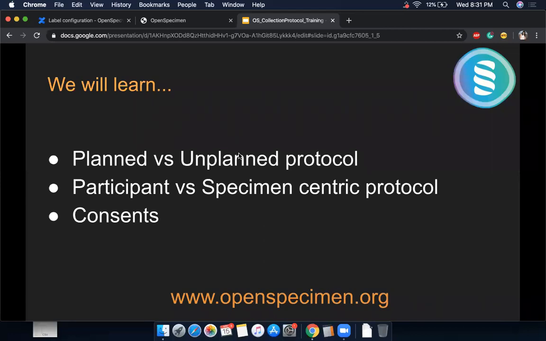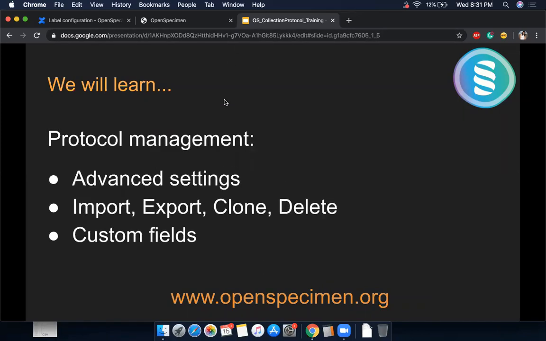And if you plan to collect consents in Open Specimen, what are the options, how you can set it up in collection protocol. And then we'll look into more advanced settings in terms of how you want to generate unique IDs for patients, generate unique IDs for aliquots and specimens, and finally, other operations for managing the collection protocol.